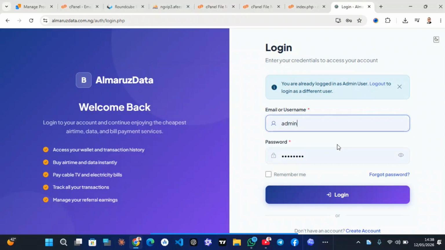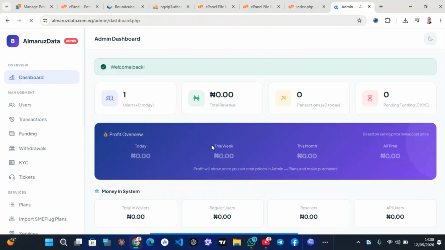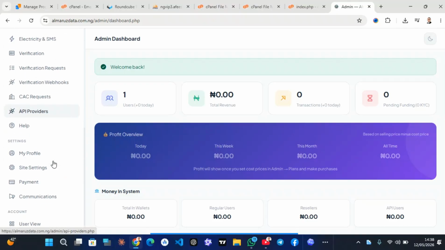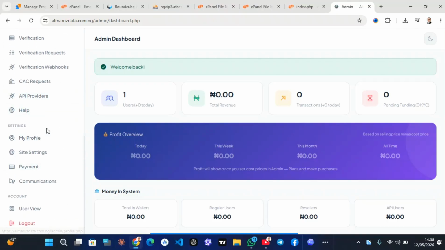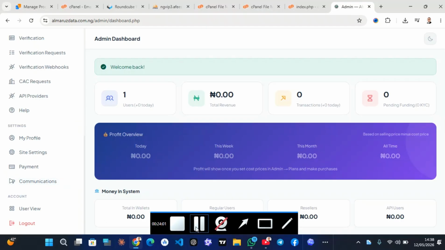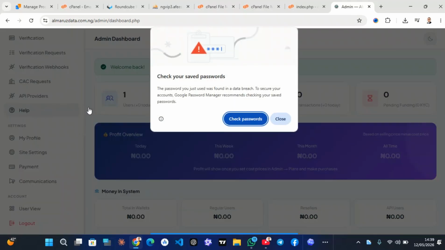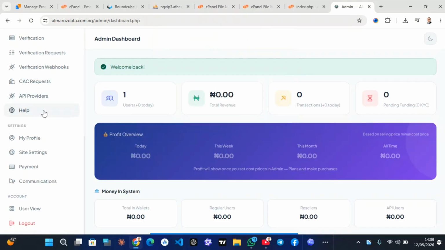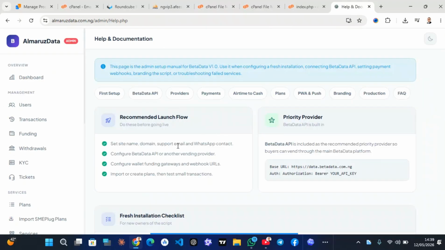So you can read the documentation information to see how to change all these informations, where to find all these logos to be changing, and where to set the applications. I don't want to prolong this video to make it very long, so you should read the documentation. This is how to set all the necessary information for the setup. You can also go through this health fetch. This health fetch has been mentioning